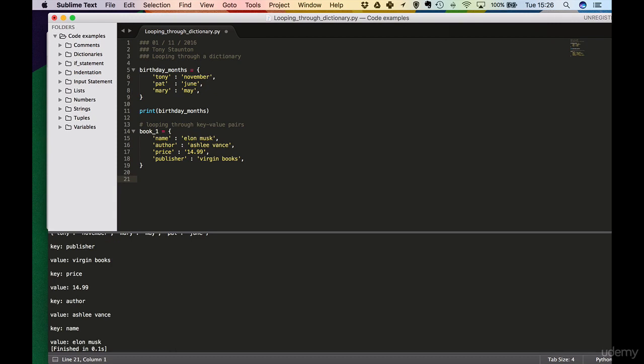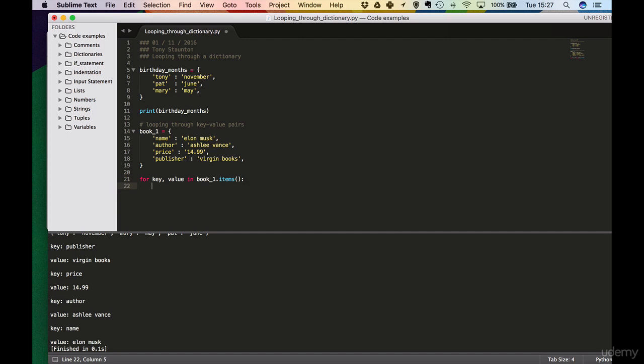Now that we have our dictionary created, let's create a for loop. In the for loop, we create the names of two variables that will hold the key and the value. So we have for, and then the names of the two variables, key and value. These two variables will hold the key and the value in each key value pair. We can choose any names we want for these two variables. Our program will run just as well if we call them x and y. So key and value in book1.items